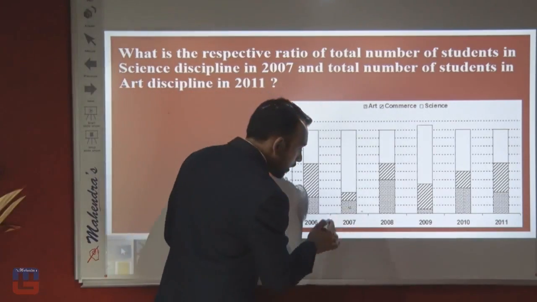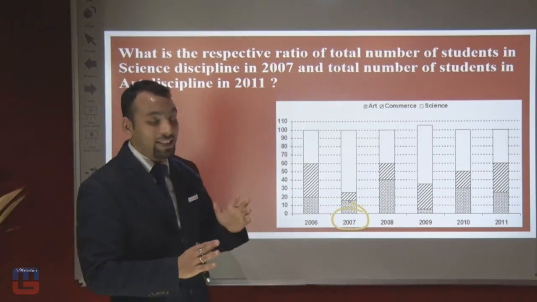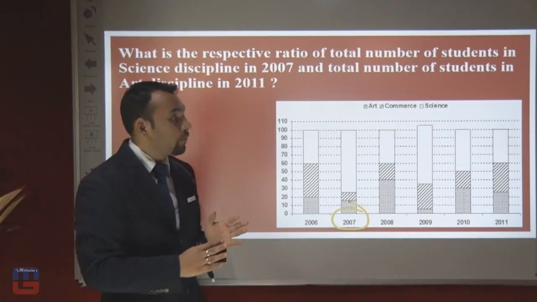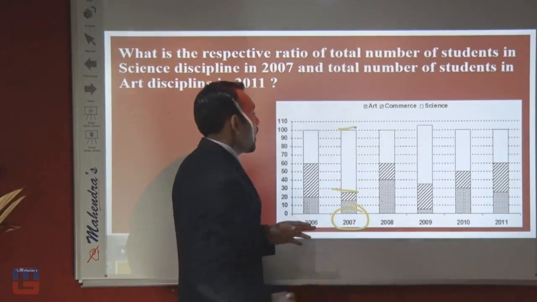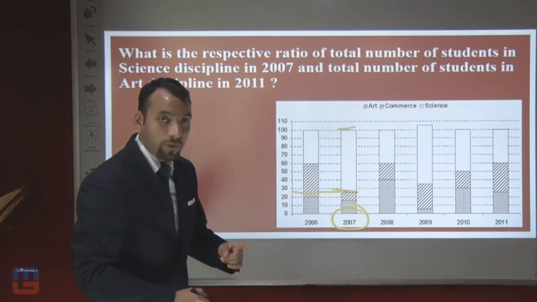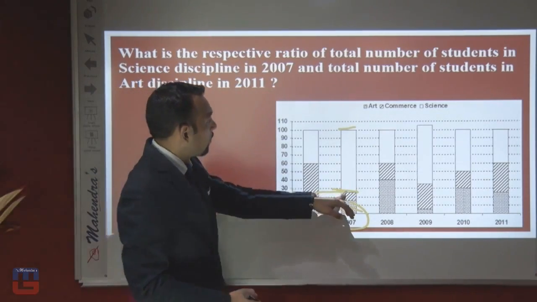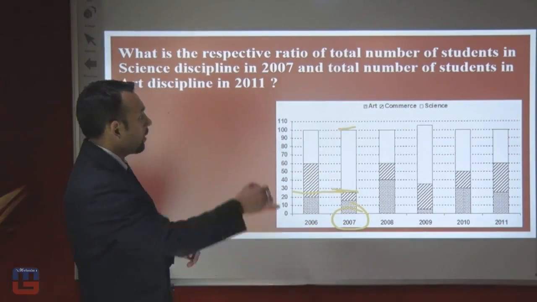Now this one is 2007 and the science section. As I already discussed, if we are taking the science section, we have to take from this point to this point. This is here 25 and this is here 100, which means the difference is here